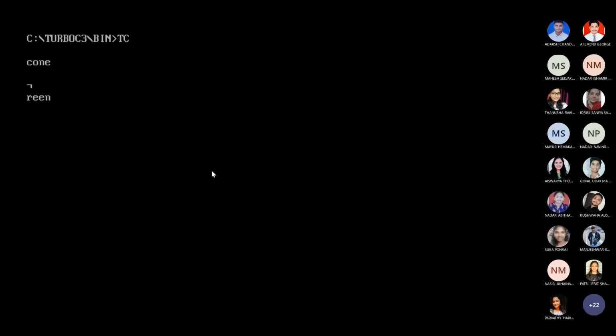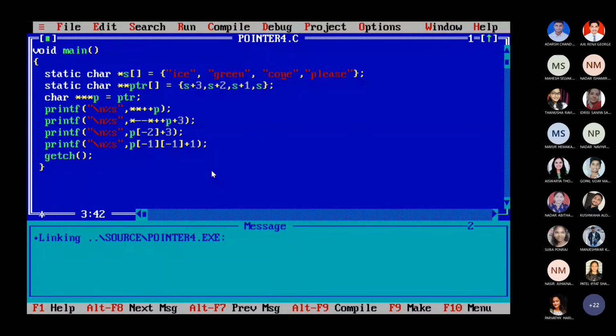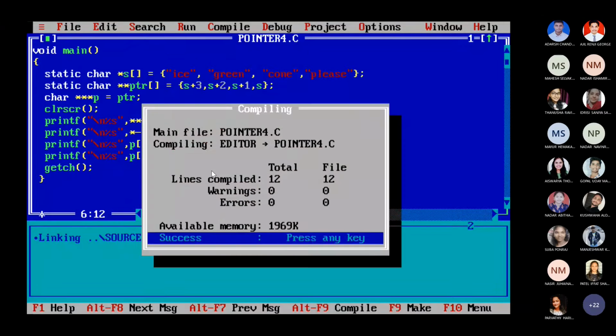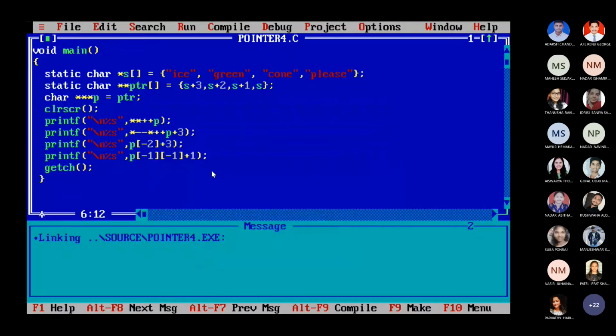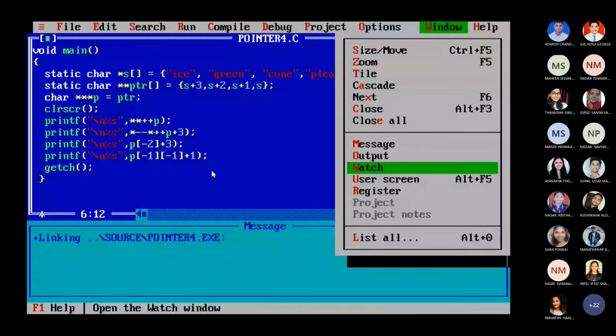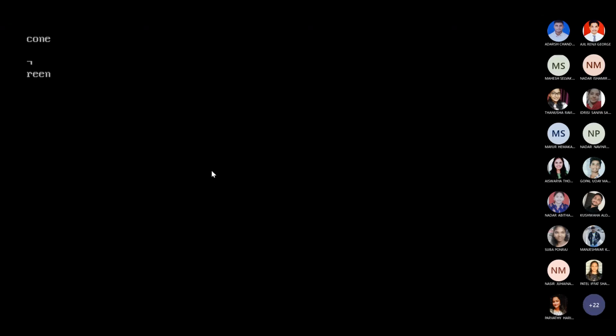Is the output getting messed up, students? We could see only cone and reen.